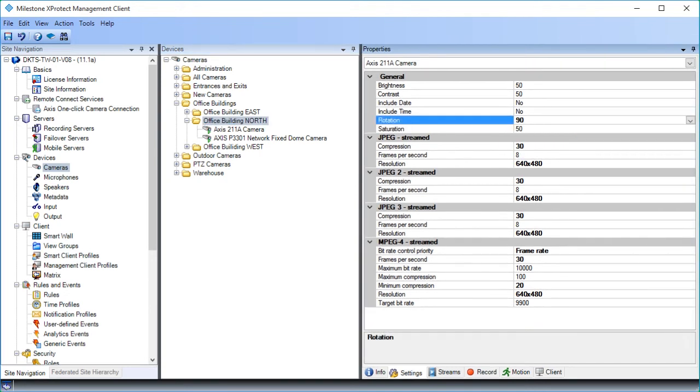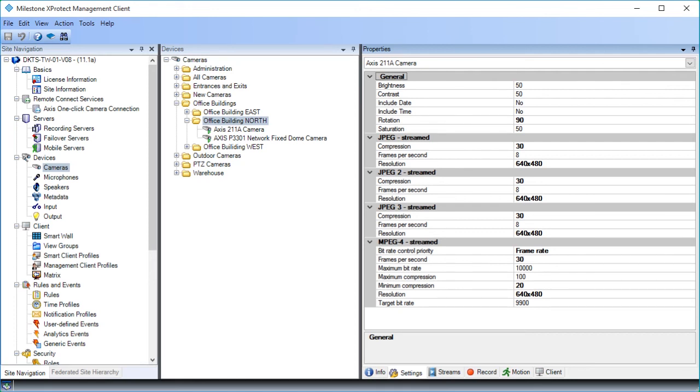Let's click the Save icon in the toolbar to save the changes. The new value appears in bold because it differs from the default. It's only on the Settings tab that we can do configuration by device type. On other tabs, only changes to the common settings of all devices are possible. As an example, we're going to change the motion detection settings next.